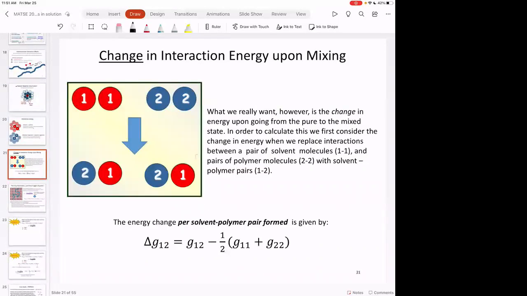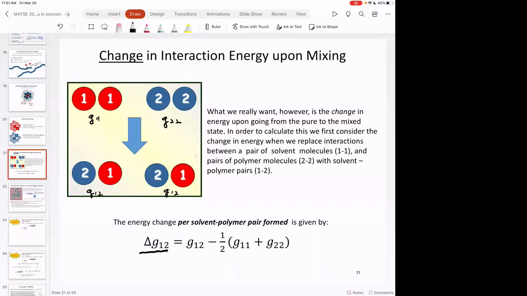And so we have G11, we have G22. And then when you mix these, and we're going to assume good mixing, we've got G12, and we're going to call these the same thing because G12 and G21 are exactly the same thing. And so the change in energy based on this little algebraic map that we have right here,